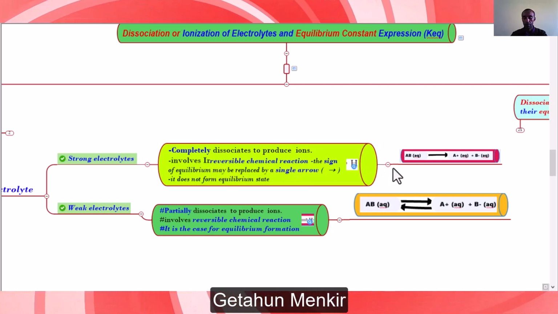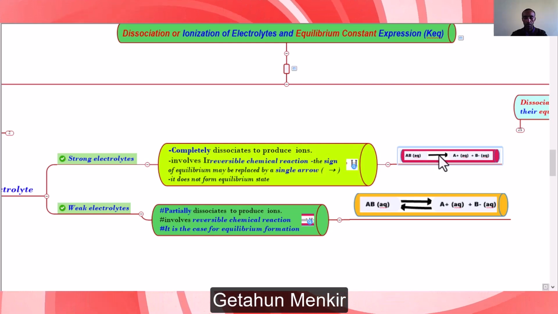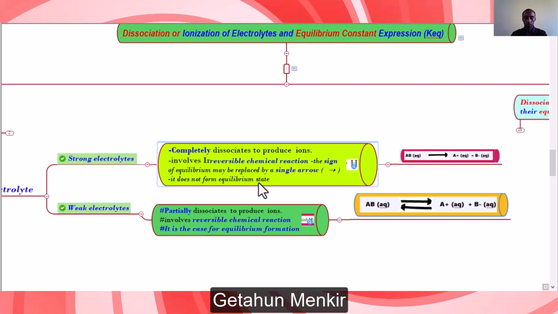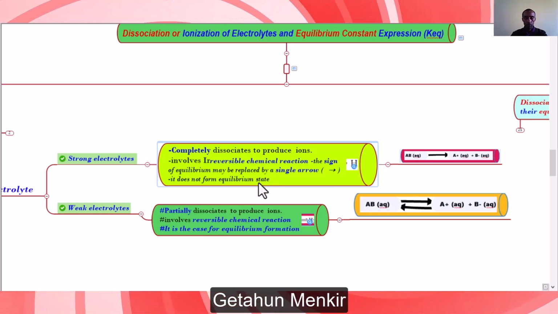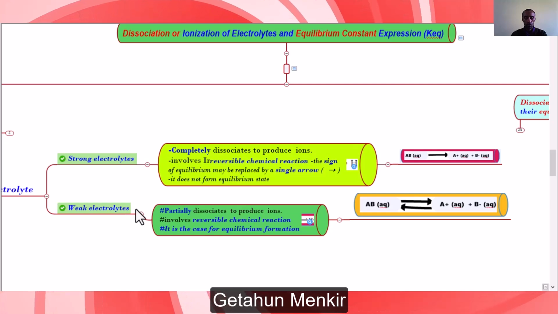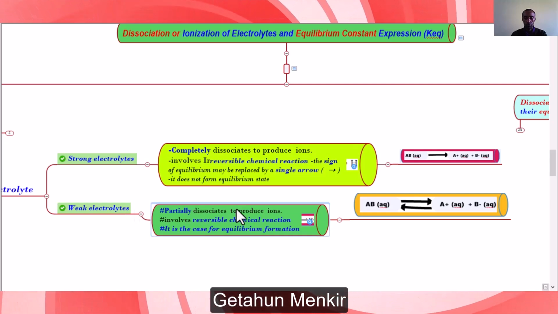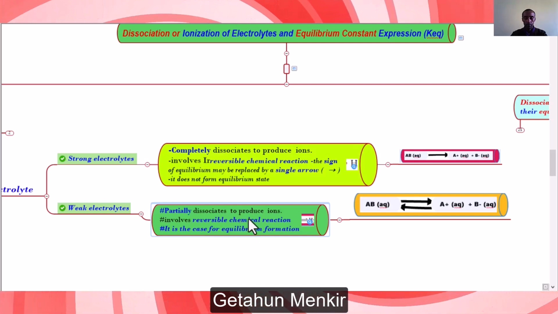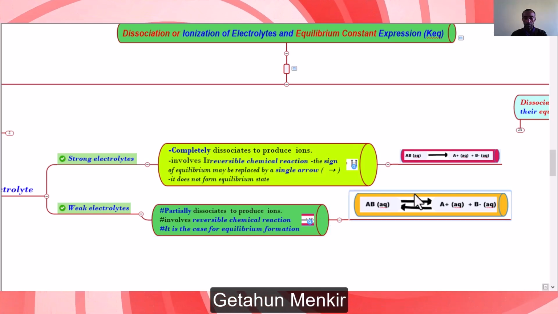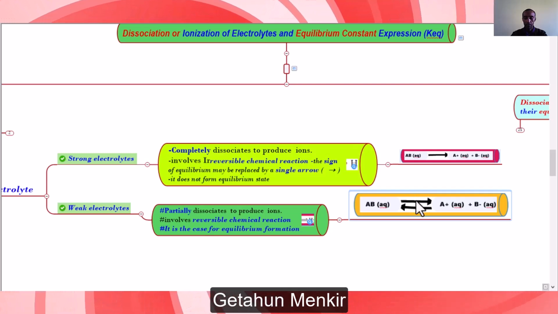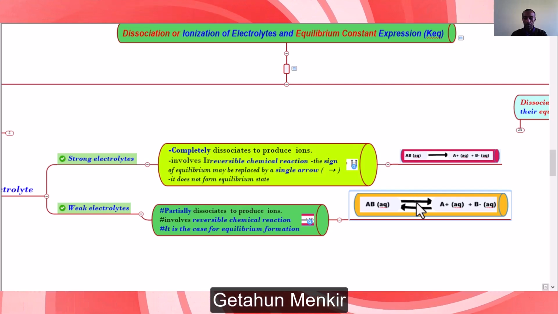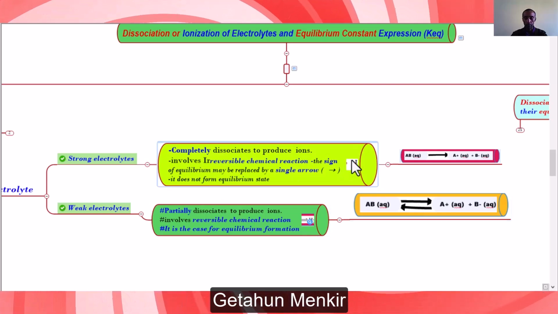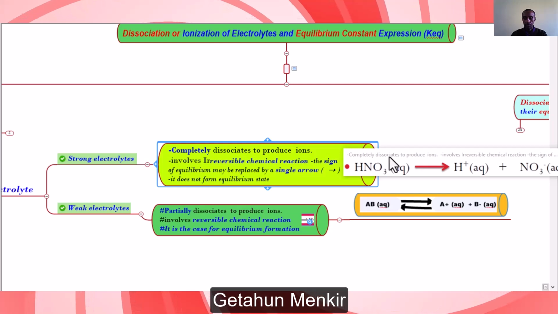Their chemical reaction is indicated by a single arrow, and these strong electrolytes do not form the equilibrium state. Whereas the weak electrolytes are those electrolytes that partially dissociate to produce ions, and they are indicated by a double arrow, and these are the reversible chemical reactions. For example, if you consider this chemical reaction